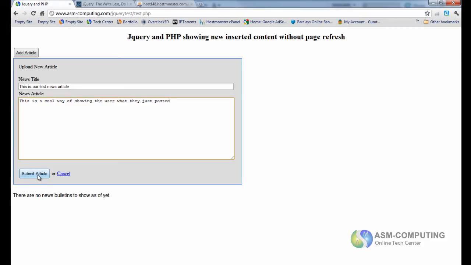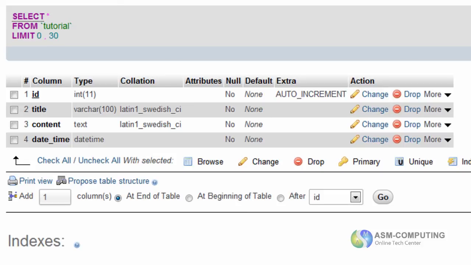So we click submit article and hopefully we don't have any errors, else if we do I may have to do another video and just quickly show you what the error was to fix it and what have you, because I'm actually at 22 minutes at the moment, so I'm hoping this will go through. So let's hit submit and we're not shown nothing, so it looks like we do have an error. So let's check our database, browse. Right, okay, it's not being inserted into the database.